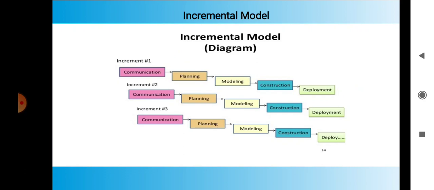Suppose we take an example. If we want to develop a software, it has some requirements and these requirements can be completed in 2 years from the developer's point of view, but the customer wants the software in 6 months. Then the developer can fulfill only the most important requirements and deliver to the customer, and then develop and deliver the other requirements.